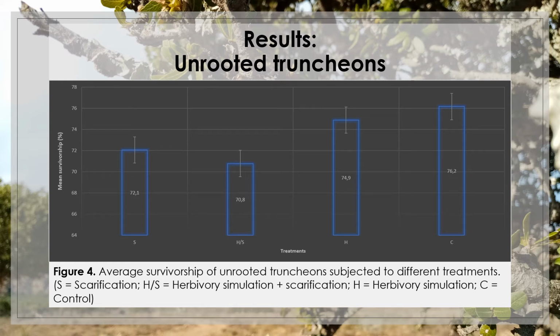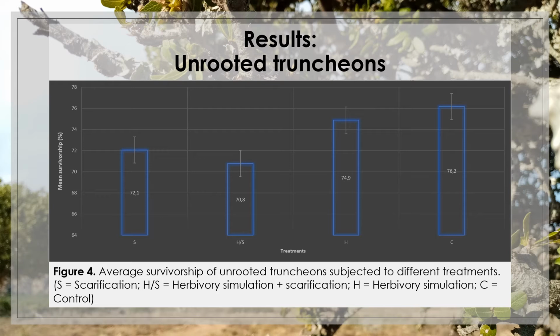Now, with the unrooted truncheons, we found that the control had the highest levels of average survivorship, owing largely to the fact that it underwent the least stress out of all the truncheons that were subjected to pre-planting treatments. This is followed closely by the herbivorous simulation treatment at 74.9%, and this is likely because the simulation actually encouraged further growth, as would be observed from spekboom in intact thicket when they are browsed from the top